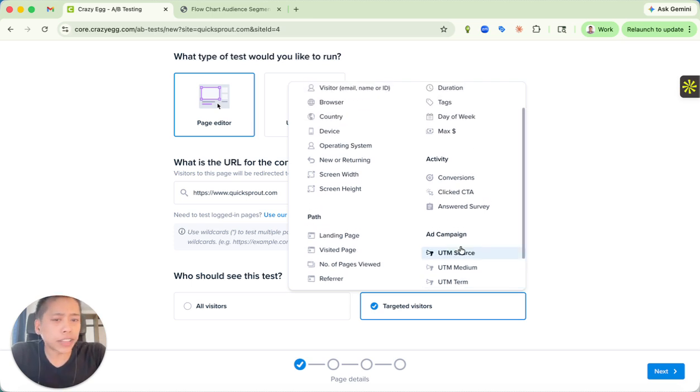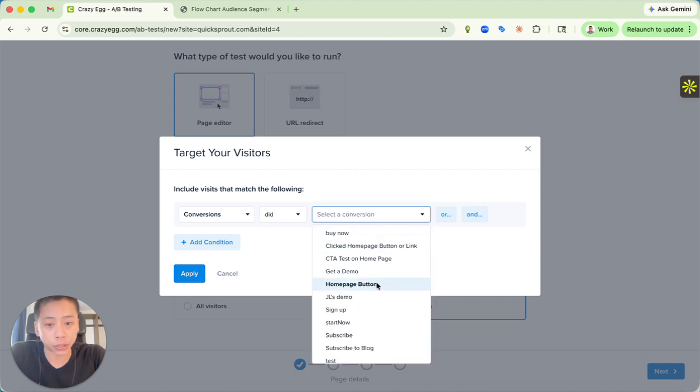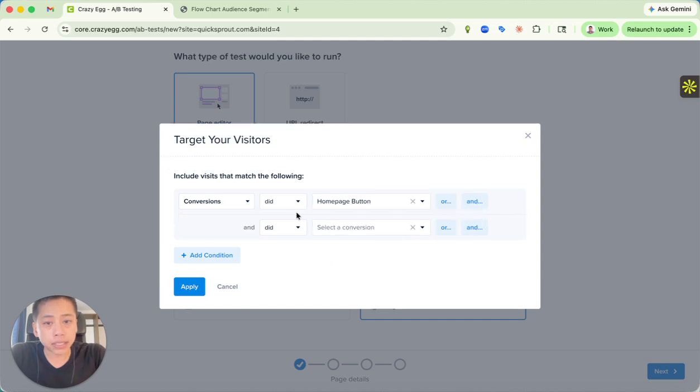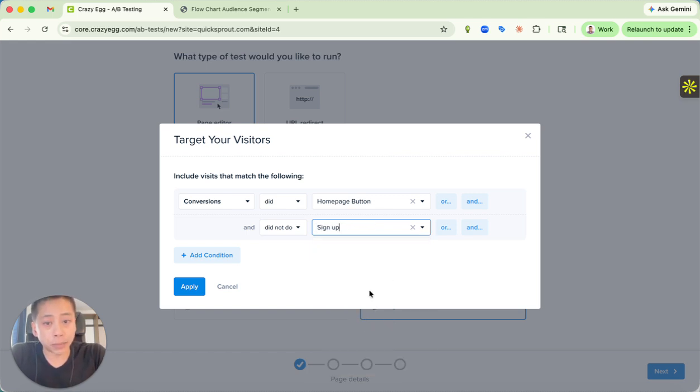Now, let's think about how we might use this, for example. So say I'm targeting this by specific conversion status. I can layer in multiple filters for conversion status. Say I want to target visitors who did click the homepage button, but did not sign up, for example. This allows me to layer in multiple conversion filters to say I want someone who's middle